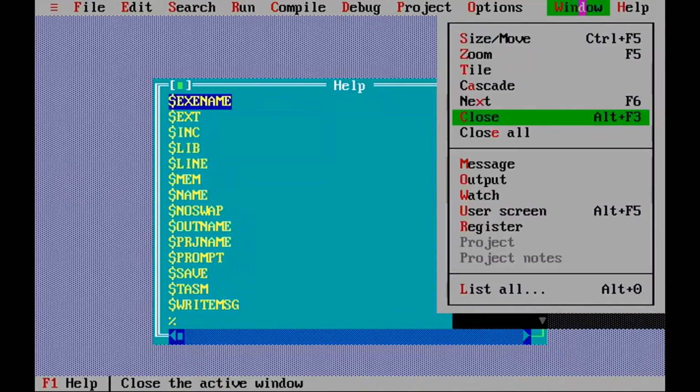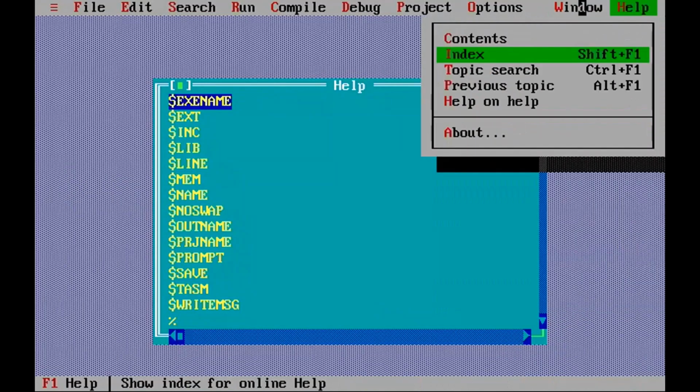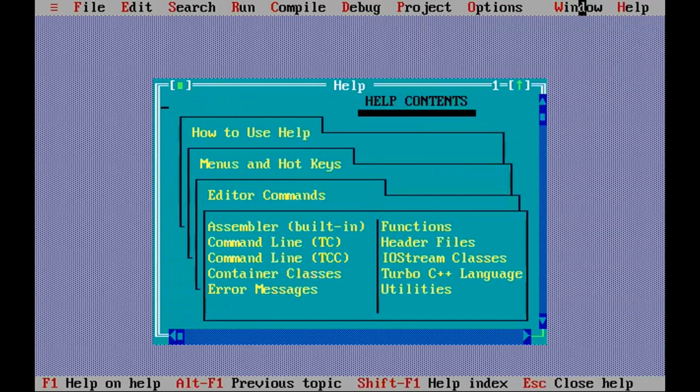Let us go to the help menu again. There are contents. In contents, you will have the help topics, and you can have the help of these topics. Suppose header file. So you want to see the help of a particular function in the C language.